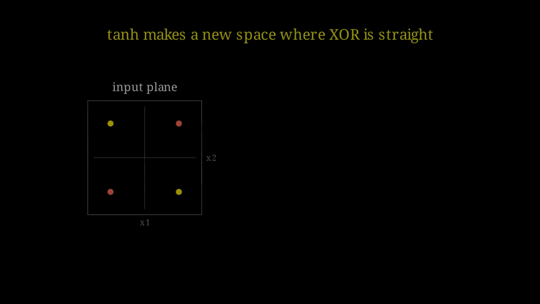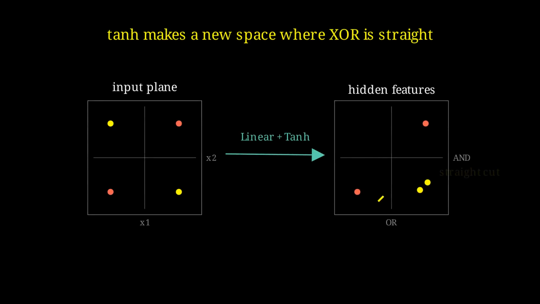How can a single hyperbolic tangent in the middle change everything? Because it bends the space the second layer gets to look at. The first layer and the hyperbolic tangent together warp the input plane, stretching and folding it. The second layer still draws only a straight cut. But a straight cut through a folded space, unfolded back to where we started, is a curved boundary. The nonlinearity is what lets a straight decision come out curved. That is the whole trick, and it is the difference between a model that can do exclusive OR and one